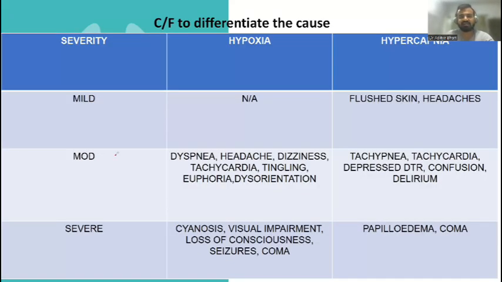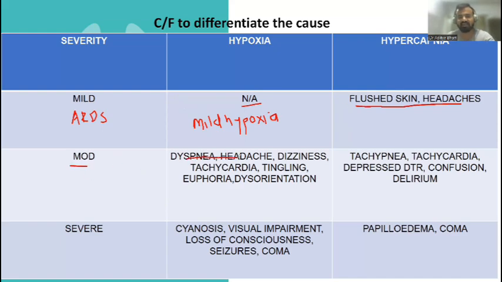Now, what are the clinical features of mild, moderate, and severe ARDS? Okay, these are the clinical features of ARDS. So in a mild patient of ARDS, there is usually no hypoxia or mild hypoxia, but the clinical features are not there because there is mild hypoxia. So mild hypoxia manifests as flushed skin and headaches, but it does not have other clinical features, while moderate hypoxia